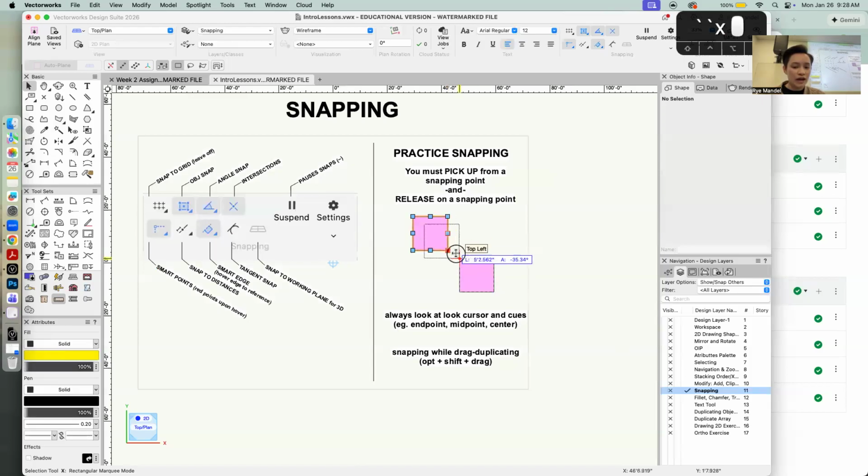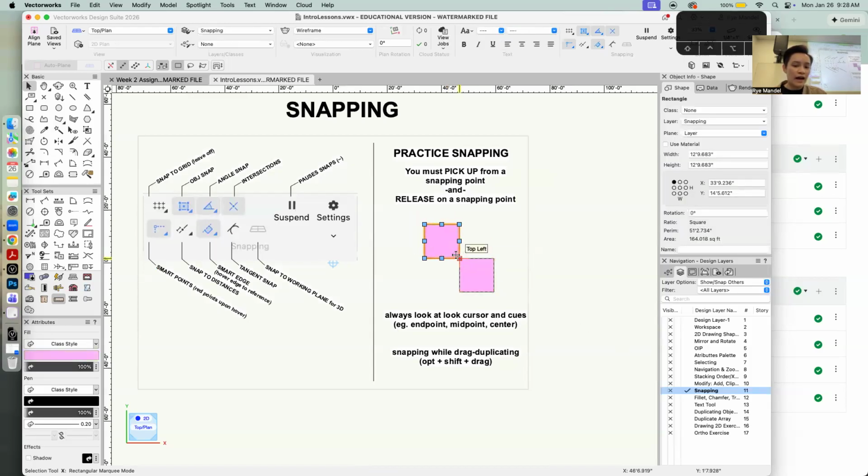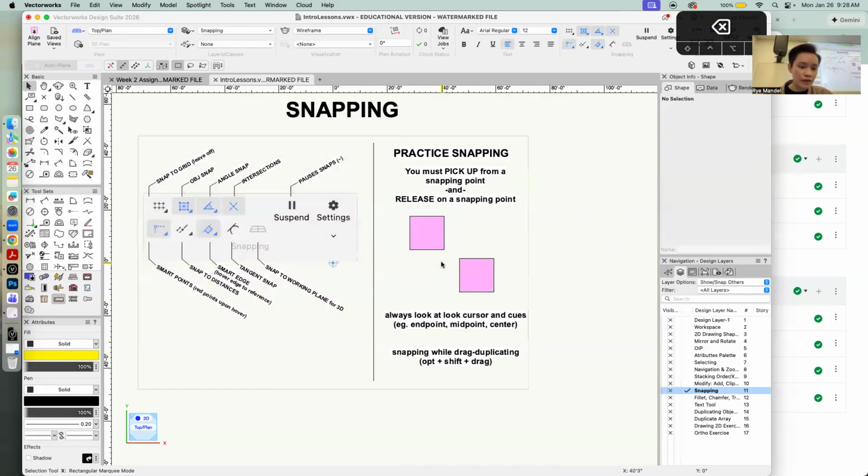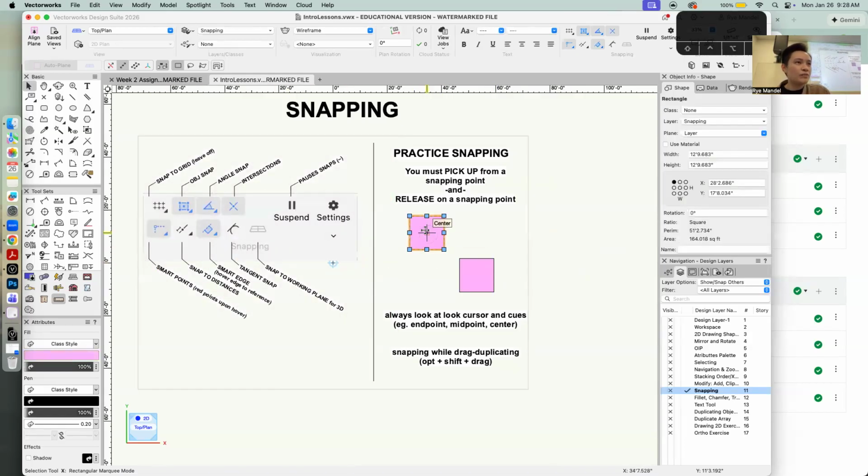It allows you to, let's say you have a circle and you're trying to intersect it, it will basically intersect at any point on this circle, and that point will be selected and it'll snap to that object for you. For smart points, it's kind of like when you double click and you need to modify